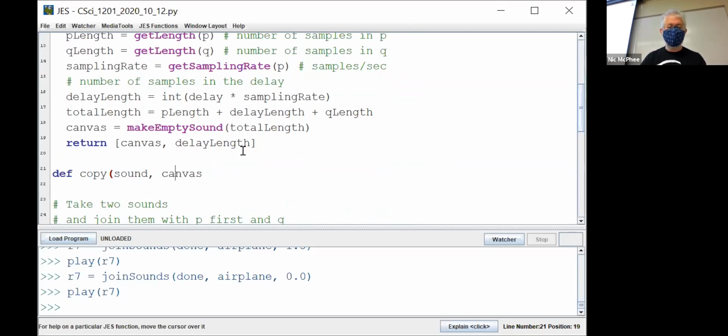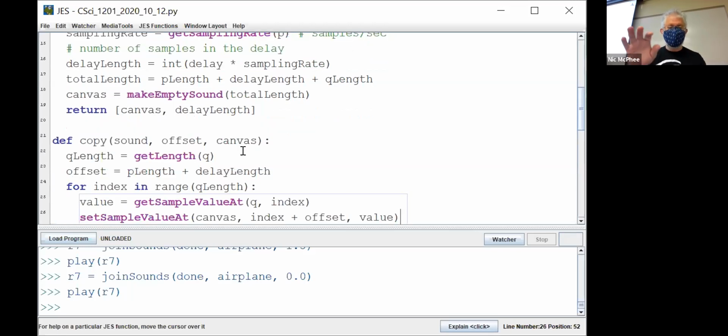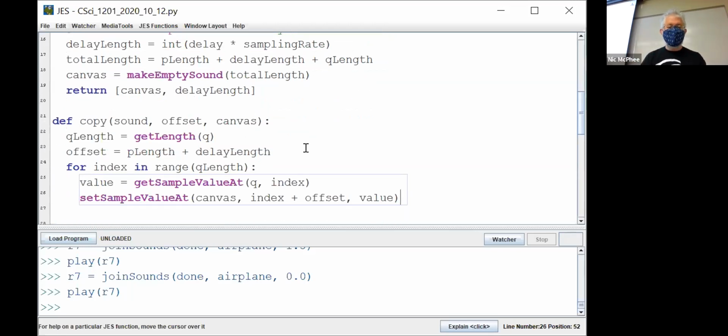I'll put offset here. And I want to paste that other code in. Now, my names are all going to be wrong, so this is going to be sound, this is going to be sound length,